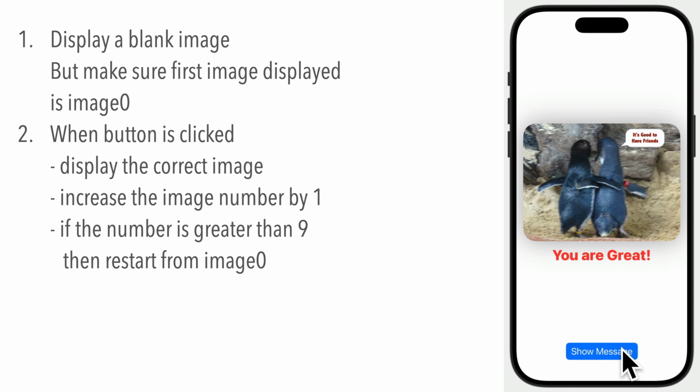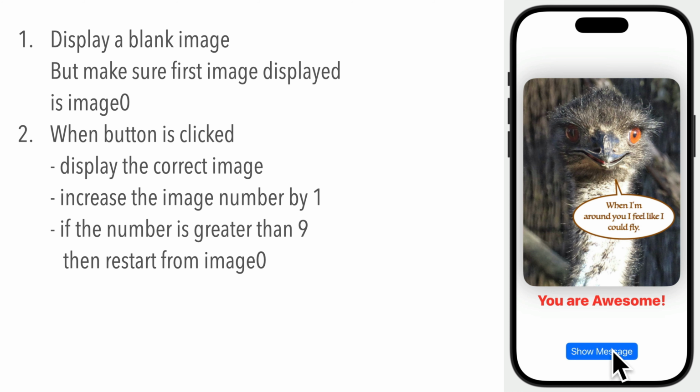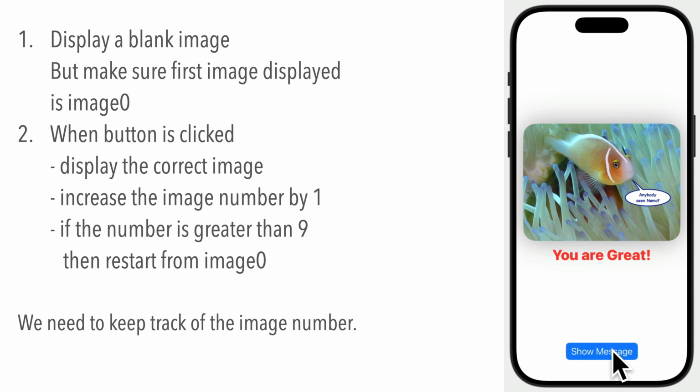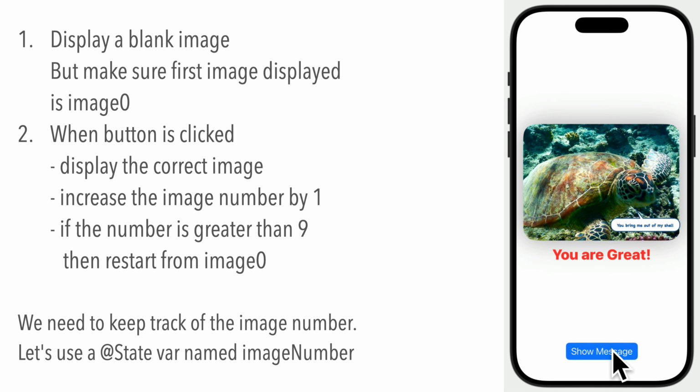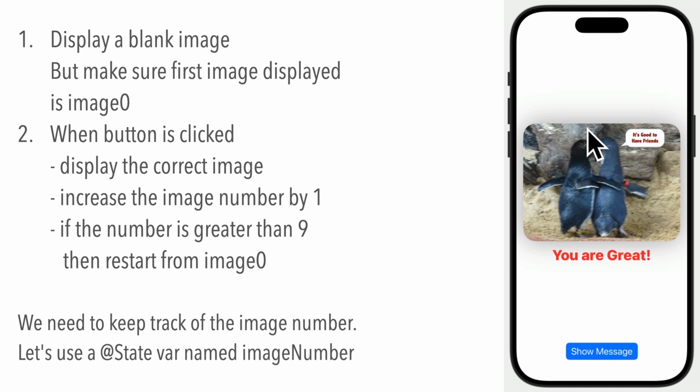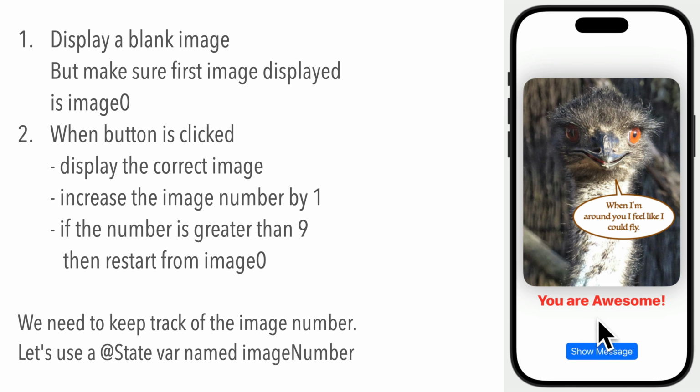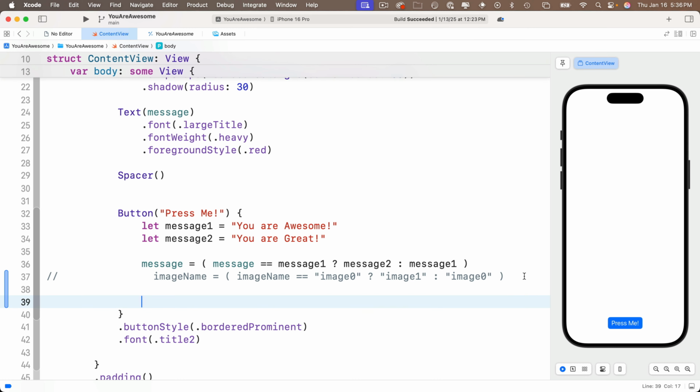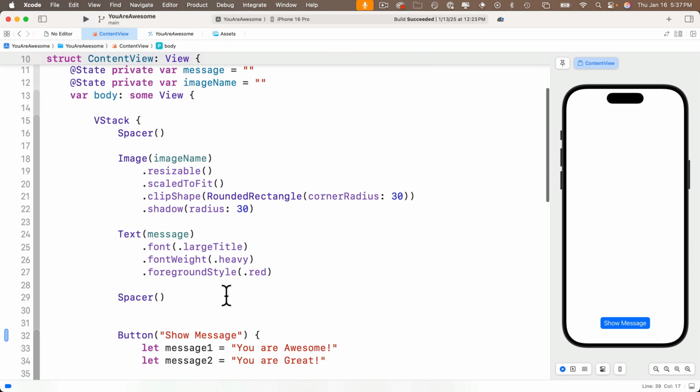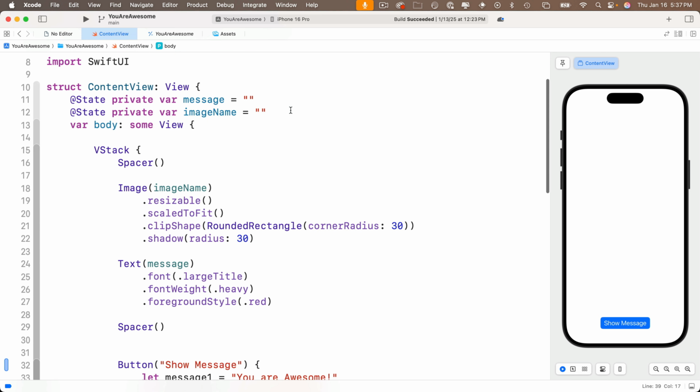And as we think about translating this into Swift, we realize, hey, we've got to keep track of our image number, 0 through 9. So let's do this in a state variable that we'll call image number. And it's got to be a state variable because we want to keep that value aside and we don't want to throw it out even as we update the screen and reset all of our views. And before we address the image number, I'd like to change the button title to Show Message instead of Press Me. So let's head to the top of our code, and we're going to create a new state variable, but